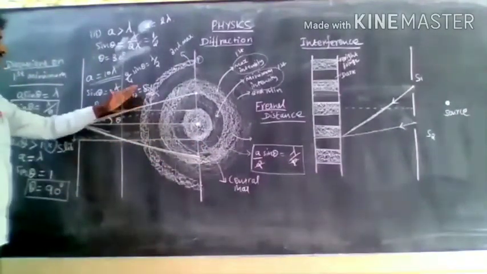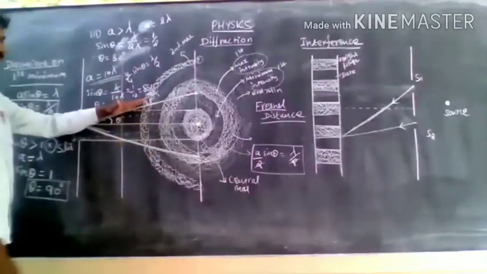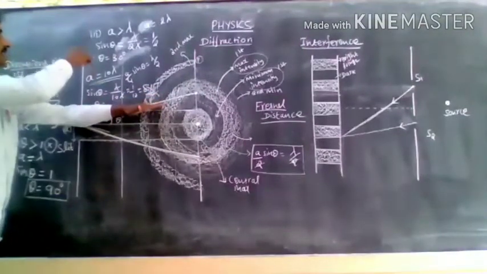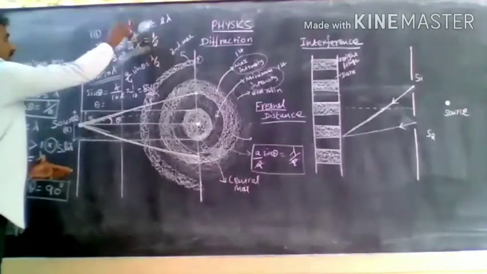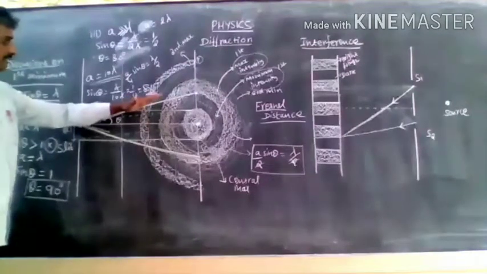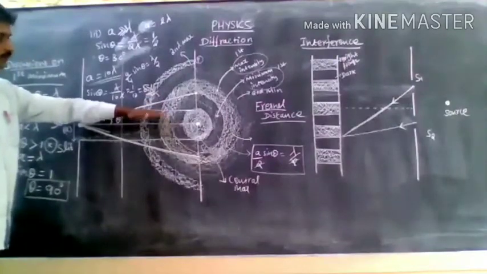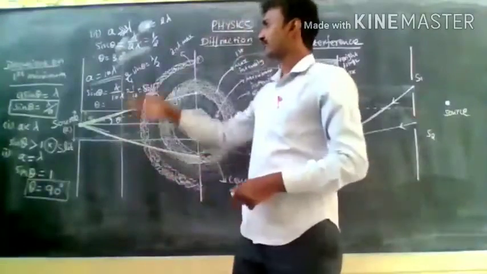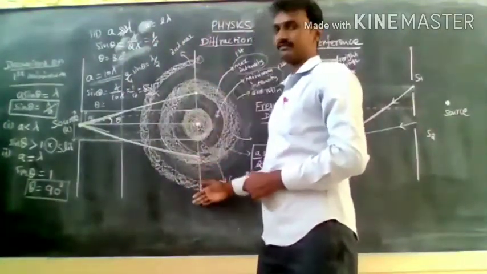The angular spread increases, and we are able to obtain the diffraction pattern on the screen. Suppose the angular spread decreases, for the condition where the wavelength is very much smaller than the size of the slit. Therefore, it decreases the angular spread. Then this angular spread line falls inside the central maximum. So we get the central maximum bright fringe only. Among these four conditions, we are going to get the diffraction pattern.